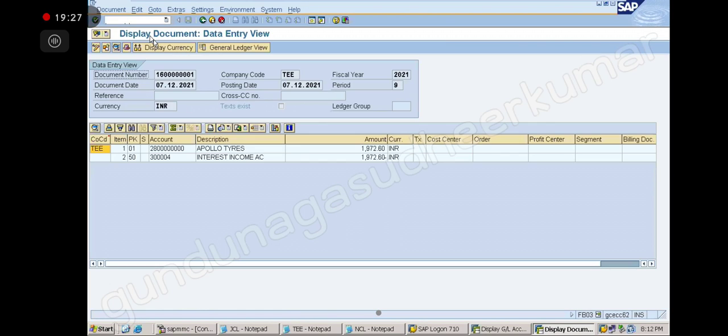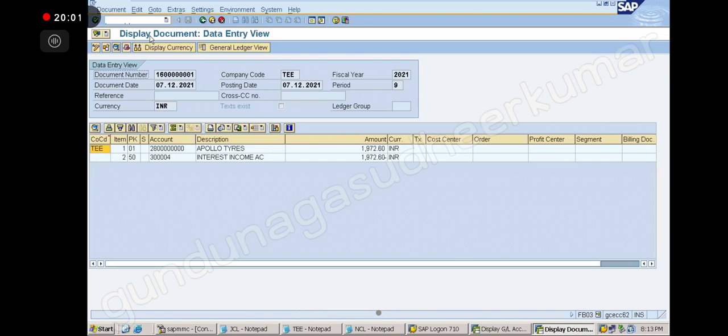This is the document. Now, debit the customer, credit the interest. The entry is also important, right? So who is posting this entry? The system is posting. If I have 1,000 customers with 1,000 open items, that is 1 lakh interest items, it will also post automatically. Is it clear? When he pays the interest, the entry will not hit the interest income account again. Interest income is already booked. How many times will you get it?